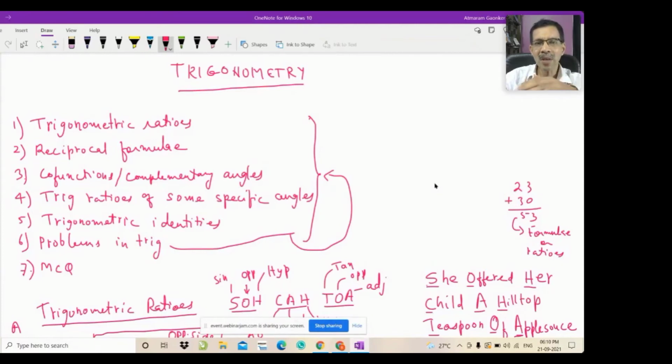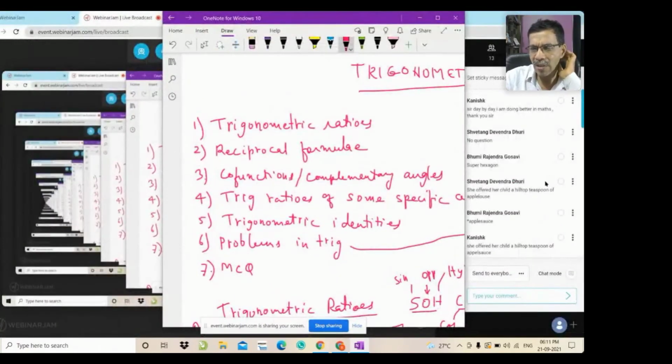So there will be these everyday sessions systematically noted over there, and notes also will be there. So you can access them, you can download the notes, do whatever you want, and you can do it any number of times. So in regard to this, is there any question? Whatever information I have told you, is there any question?